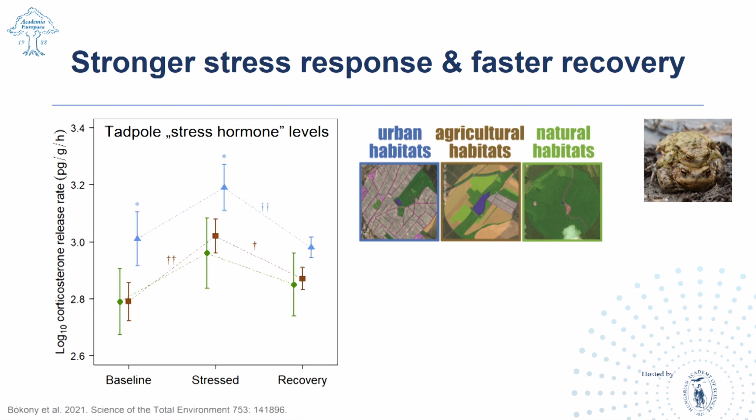And from these data, we found that the tadpoles, both living in the urban ponds and in the agricultural ponds, had significantly stronger stress response and faster recovery, which you can see from this graph from the blue and the brown lines having both a steeper upslope and the steeper downslope compared to the green line, which is the natural habitat. So this sounds like a good strategy in anthropogenic habitats, where you probably have to respond to stressors frequently, but you also want to shut that response down quite quickly in order to prevent the potential harm associated with